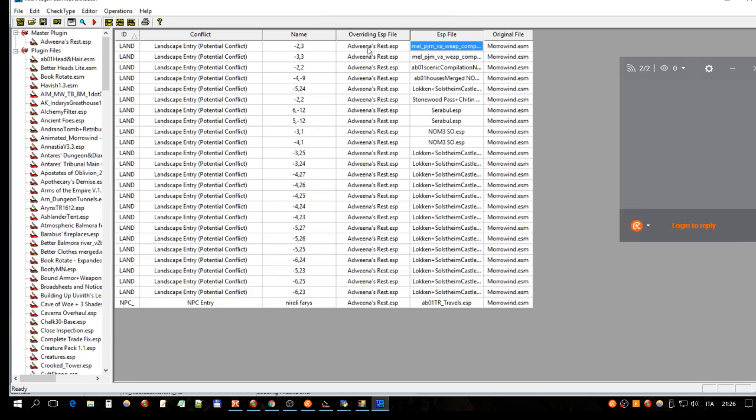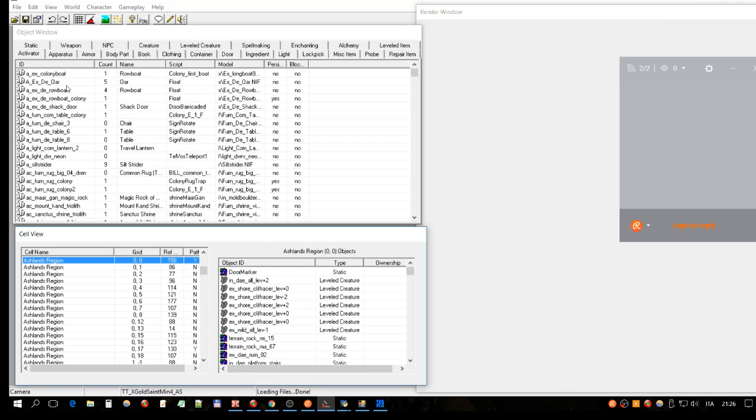So what you could do is select the cell name, which for an exterior is the cell coordinates, and I suggest you just click it a couple of times and try to press the Ctrl+C keys, so you can copy these coordinates of the cell, because this way it's much faster to look for it in the construction set, because you can just